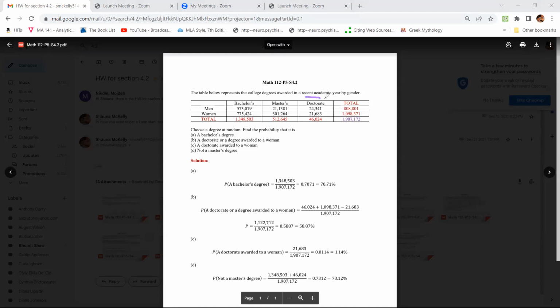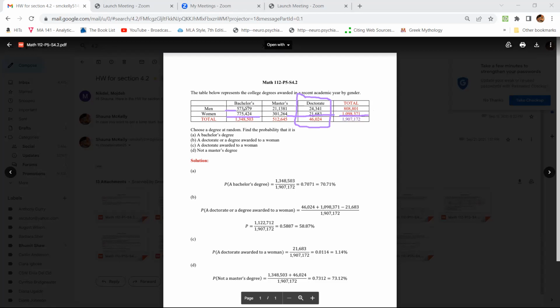There's all my doctorates, right? Where are all my degrees awarded to women? It's in the middle, this third row here. This is my women,